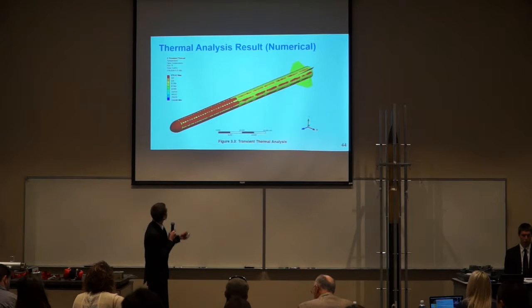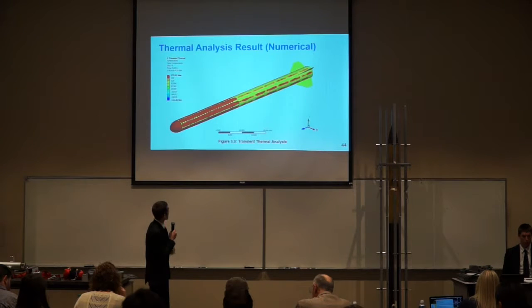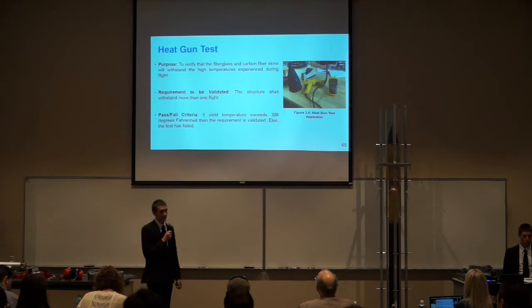Here you can see our ANSYS result for thermal analysis. The maximum temperature occurred at the tip of the nose cone and was equal to 578 degrees Fahrenheit. A heat gun test was performed on the nose cone to verify that it would not significantly weaken or deform